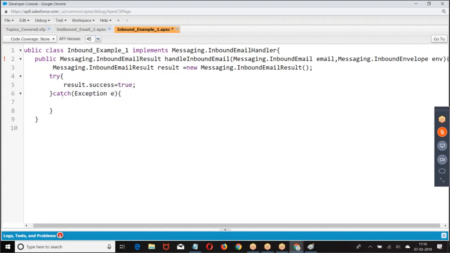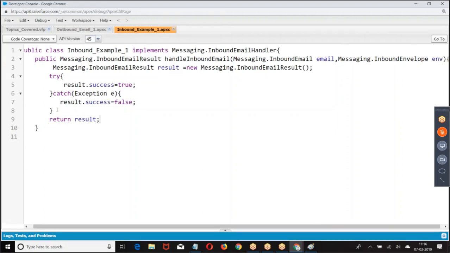What does it mean? Whatever the email you have sent, that email I have handled successfully. Return result. Result.success equal to true, or result.success equal to false. If I handled the email I received, success equal to true; if I didn't handle it, success equal to false.